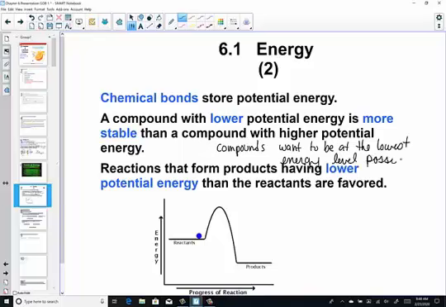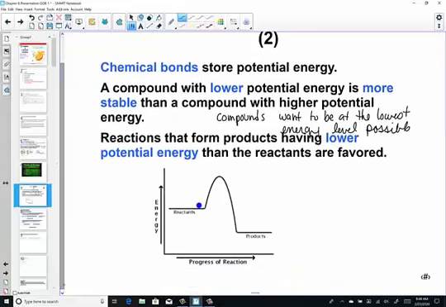And I think about the natural state. I think all of us want to be at the lowest energy level possible, especially with our 8 a.m. chemistry class. But we see that reactions that form products having lower potential energy than reactants are actually favored. So what that means, just visually, here's energy. And just kind of draw this with me, if you will, in your margin.